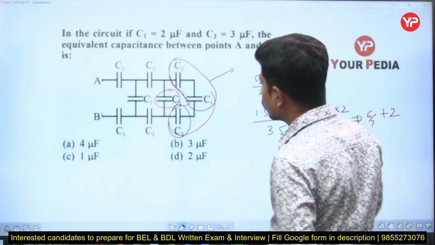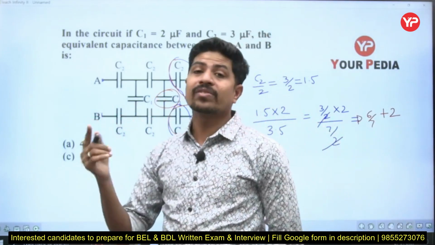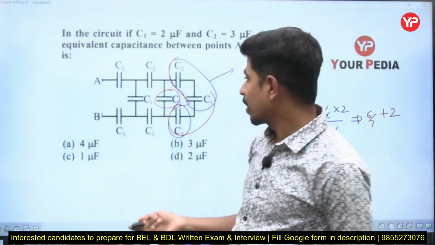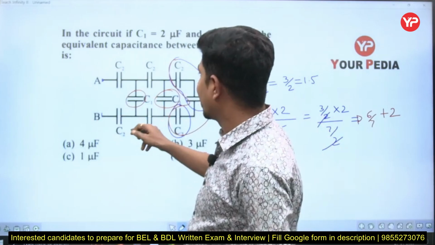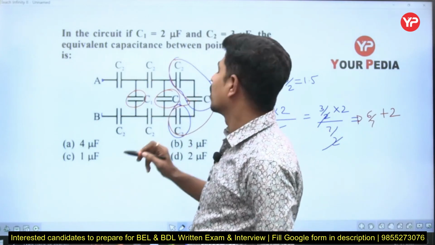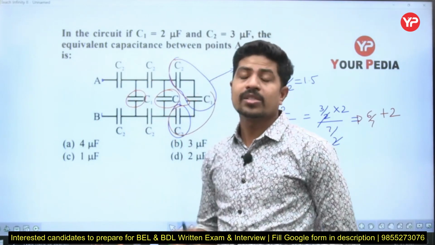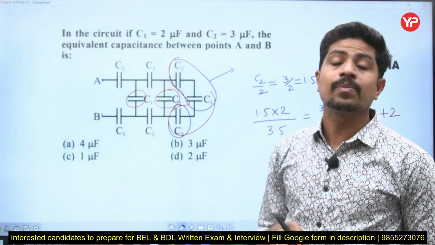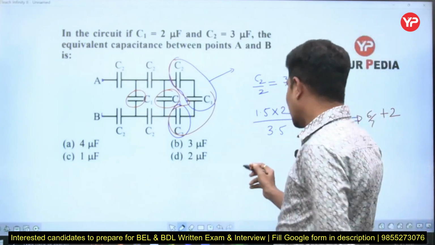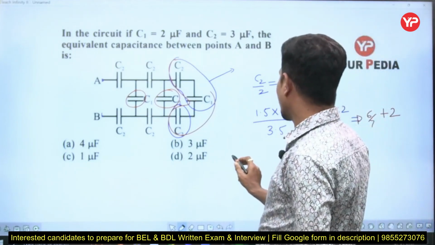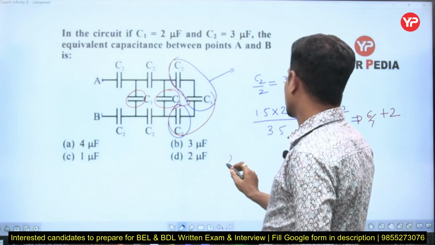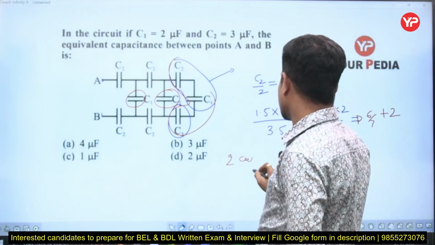To this parallel to this one you have to apply the formula of C1 C2 by C1 plus C2. That is again in parallel, both will be added. That is again in series with C2, and C2 and C2 in series will be C2 by 2, right? See, what my point is, 2 capacitances in series,